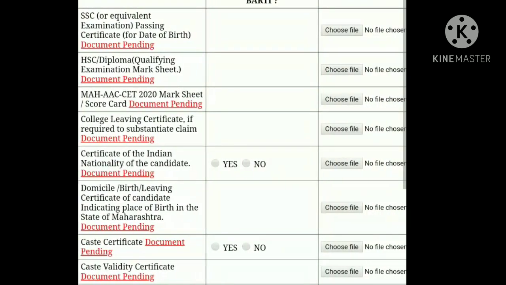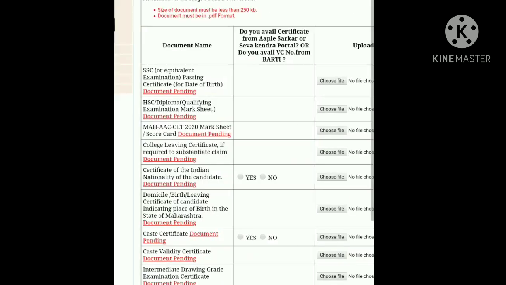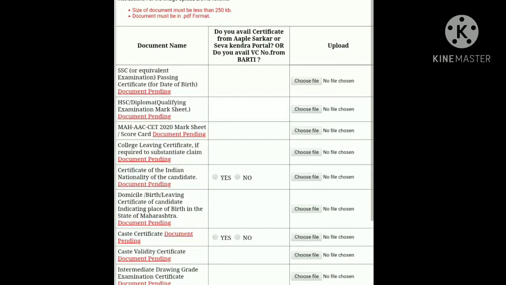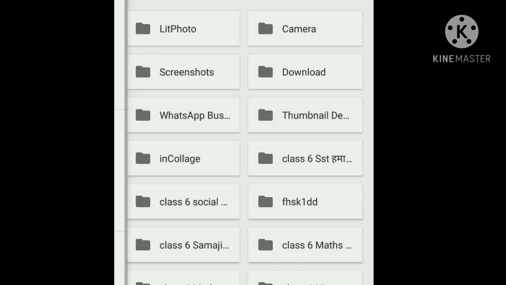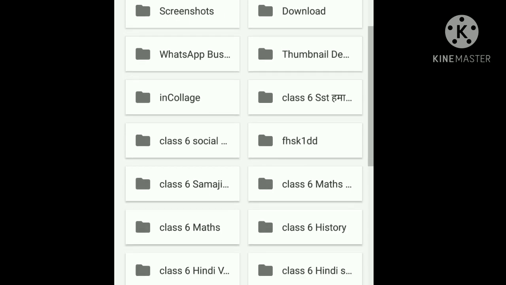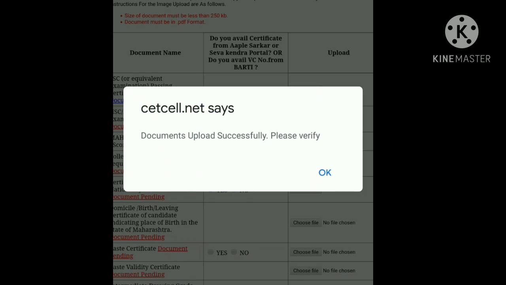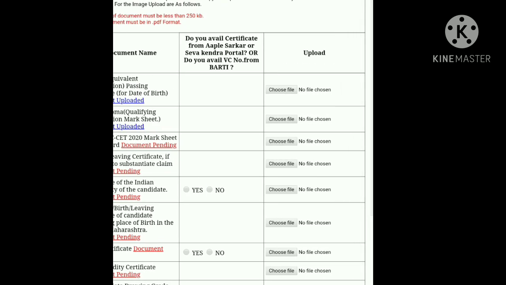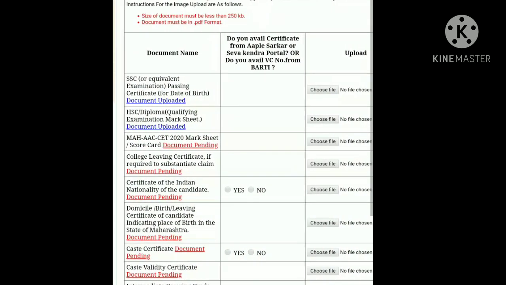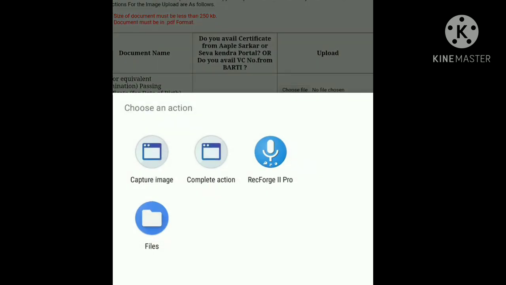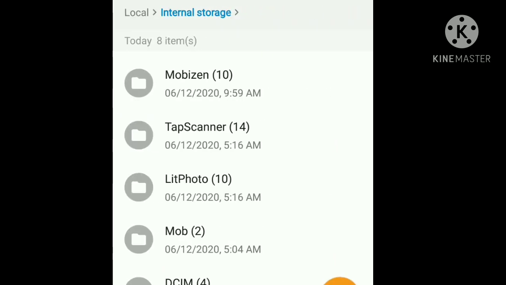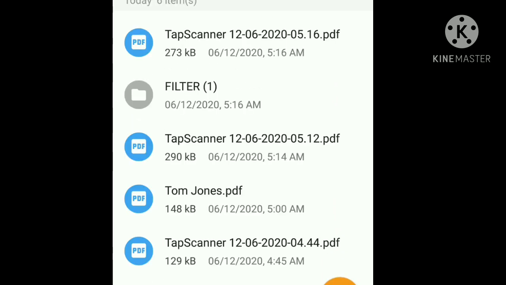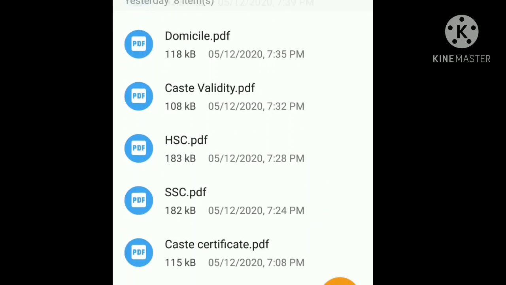So I'm using my phone to fill this form and upload the documents. My laptop is not with me, actually it's not working, and my primary phone is also not working, so I'm using this old Motorola phone. With this I'm filling this form and doing all this editing. The service center says my laptop requires 20,000, which I'm not going to pay, and I'm not going to repair it. Anyway, it's a very old model, so it's not a good idea to invest that much in an old laptop. So for now I have used a technique to make the PDF documents and resize them with this phone only. I'll make a separate video for that, but in this video